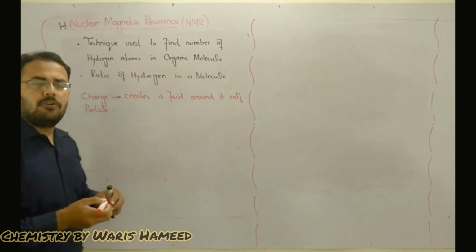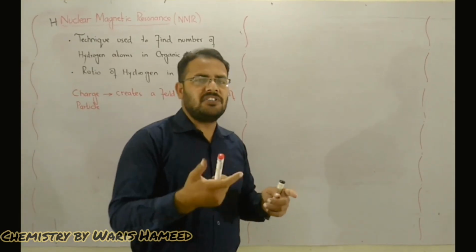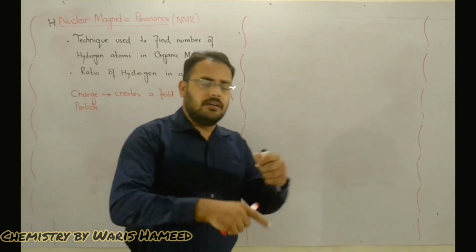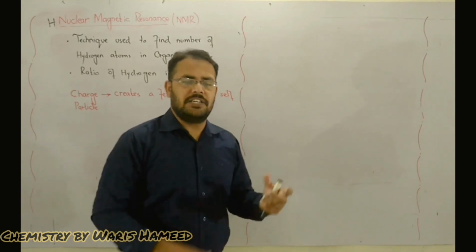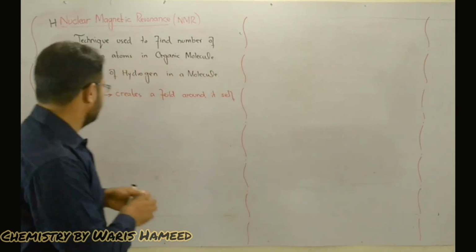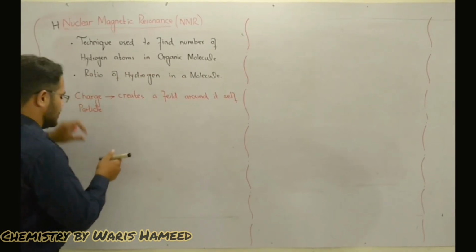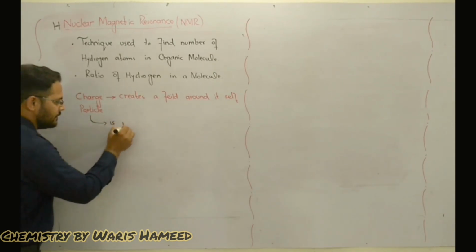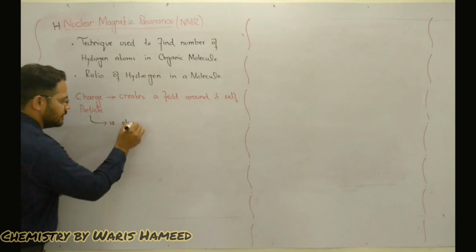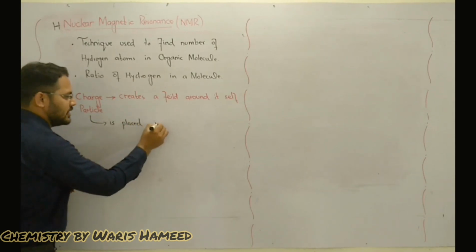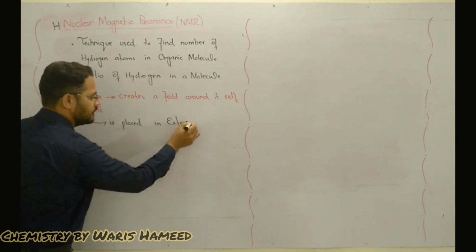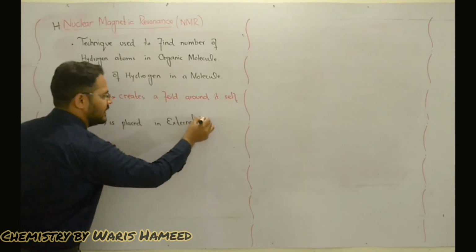The proton is also positively charged, and when the proton revolves around its axis, it creates its field. And when this charged particle is placed in an external magnetic field,